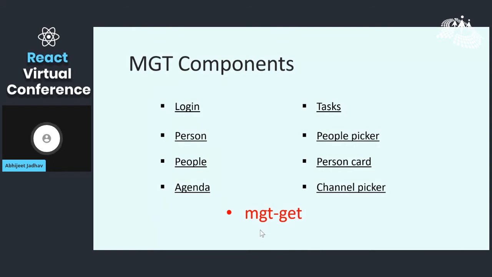Once you get the data, with the template, you can, as per your needs, modify the look and feel of it, and it can be rendered on the screen. So if you want data from SharePoint, or data from OneDrive, you can just use this MGT component, make a call and get the data back. Okay,